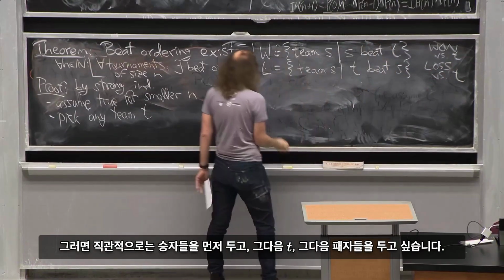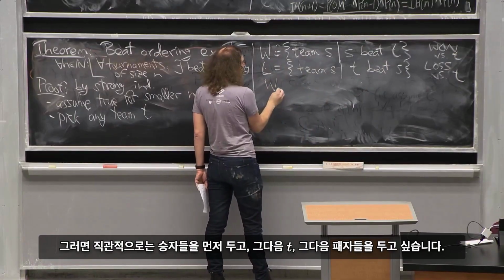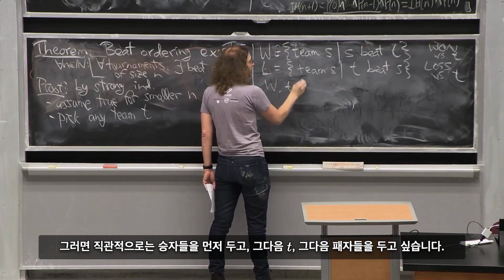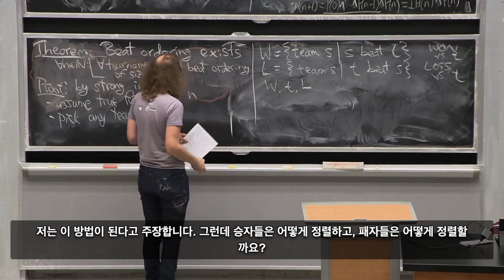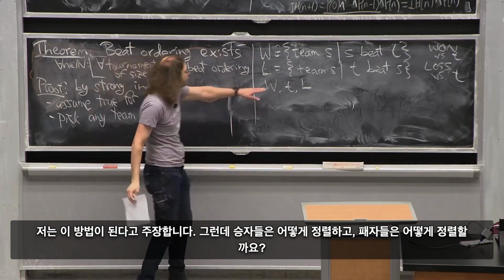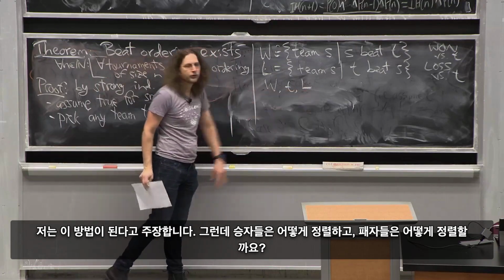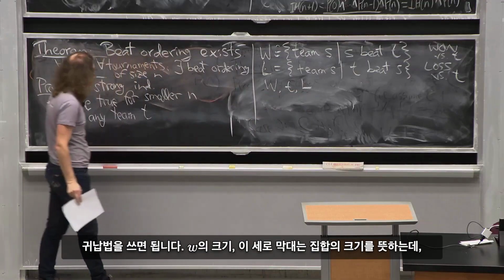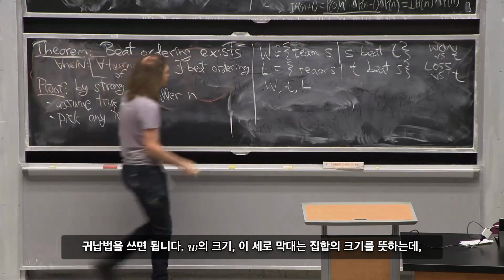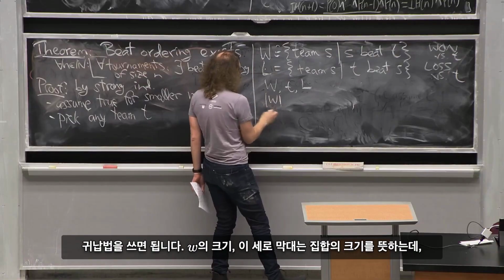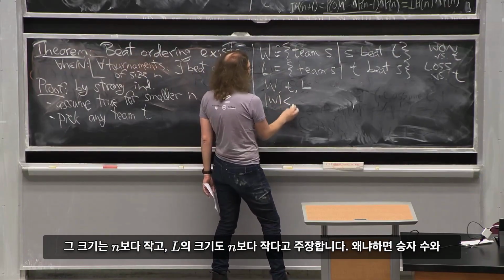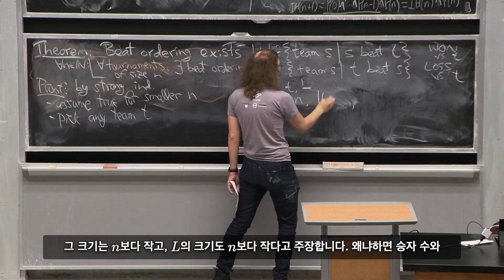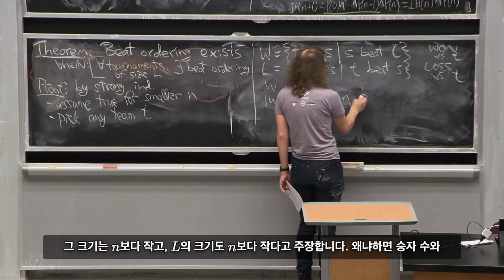Then intuitively, what we'd like to do is put the winners first, then put t, then put the losers. I claim that works. Okay, but how do I order the winners? How do I order the losers? Well, by induction. I claim the size of W, this vertical bar means the size of the set, is less than n, and the size of L is less than n, because